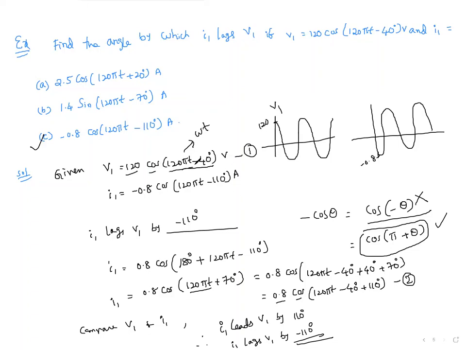Inside, if you take, you assume this total thing is omega t. Okay, this total is omega t. Here this total is omega t. Then this is 110 degrees. Now this is like cos omega t plus 110 degrees. This is cos omega t simply. Then I1 is leading by 110 degrees. So in the reverse way, it is lagging by minus 110. Right?